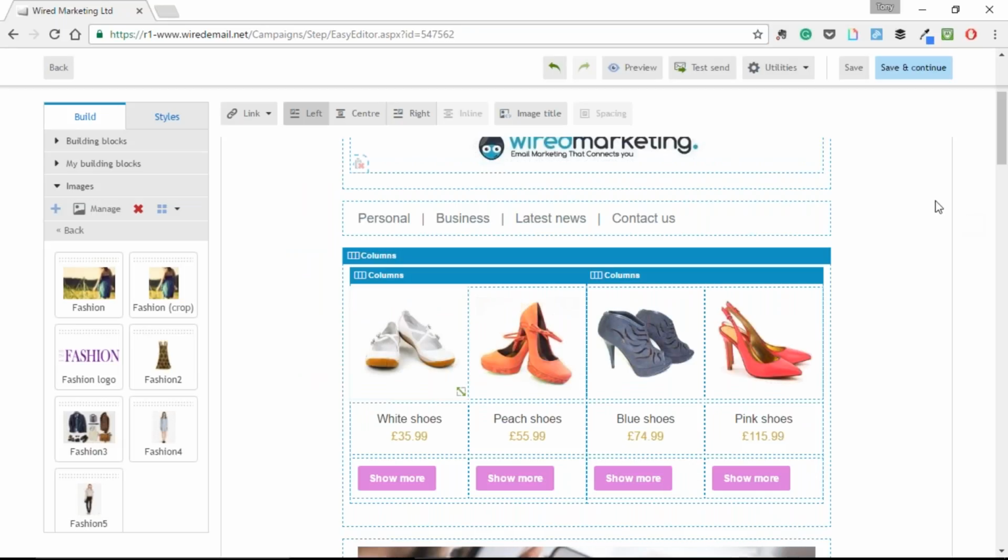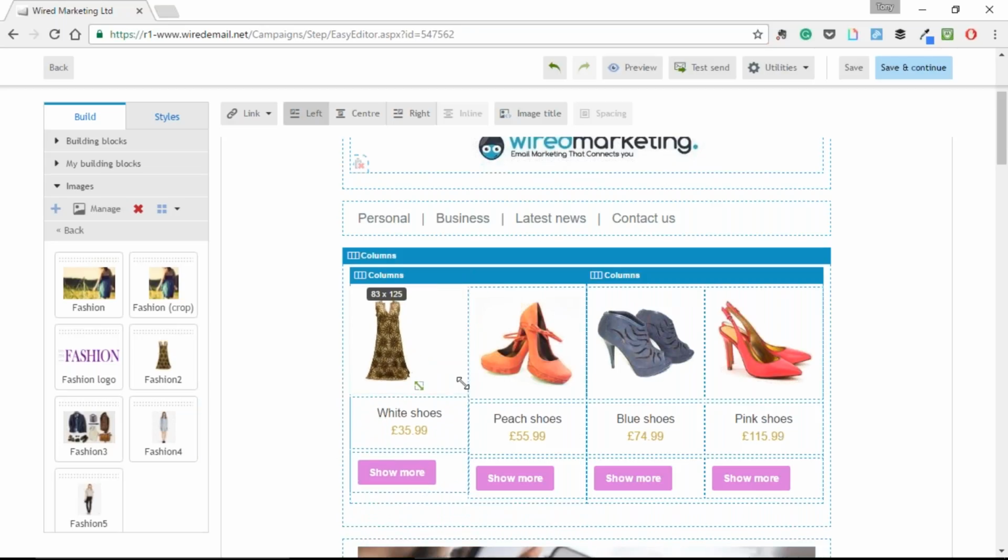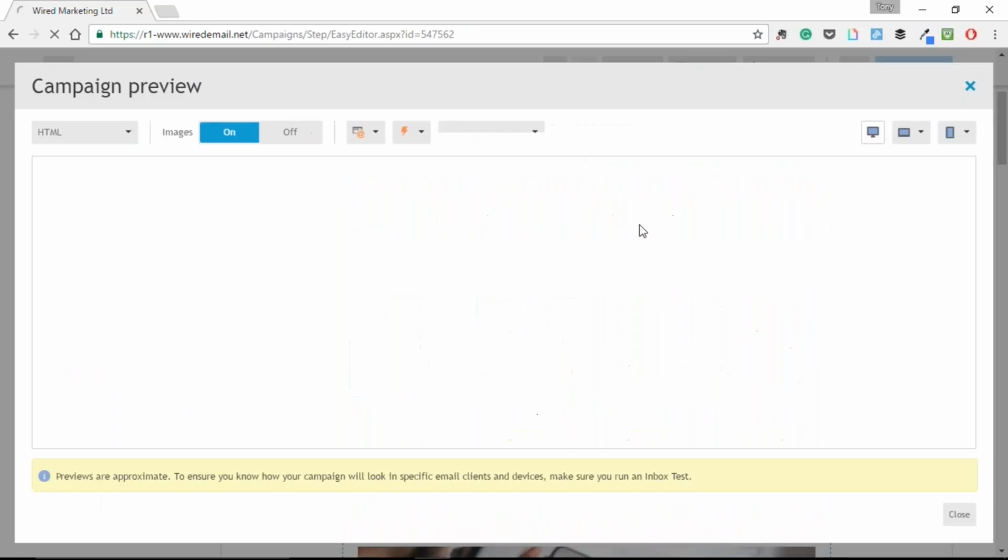So that's sort of it for images there. If you do want to change anything that you've got in your templates, rather than having to delete and then drag another image in, you can literally just drag an image in straight over the top. And then in that case, you'd probably want to resize it. And as you can see, it's a little bit askew, so we can center it and then it tidies everything up. And if we preview that,